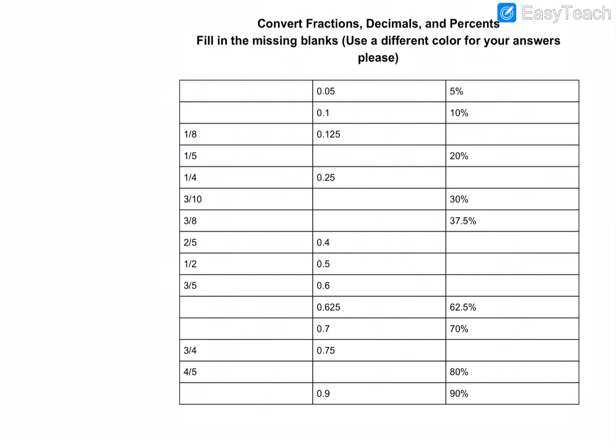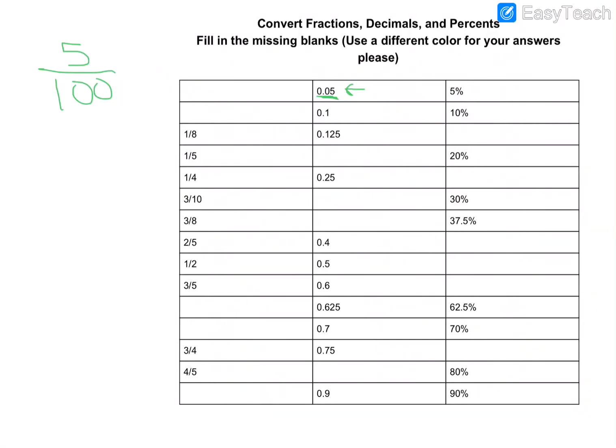Okay, so for the purpose of this demonstration though, I'm not going to be able to type into the document. For the first one, we have a decimal of 0.05 and the percent version of that is 5%. I need to find what the fraction is. If you remember from your notes from last week, to find a fraction, you first start with the decimal, and you look at the place value of the last digit. The place value of this last digit of this decimal is in the hundredths place. So then I'm just going to put that number over 100. So 5 over 100. Now that is not simplified. You must